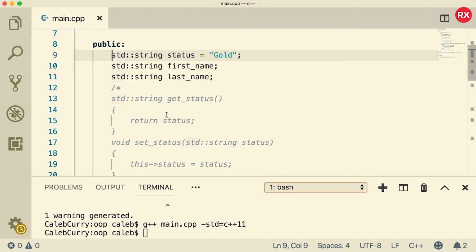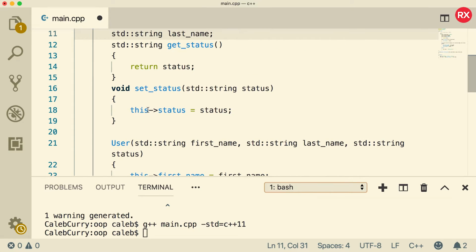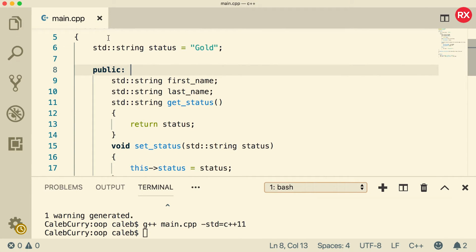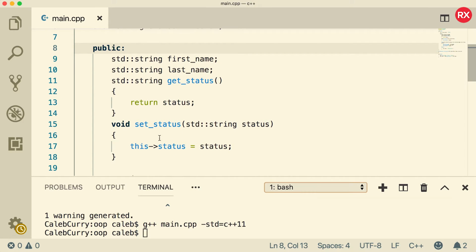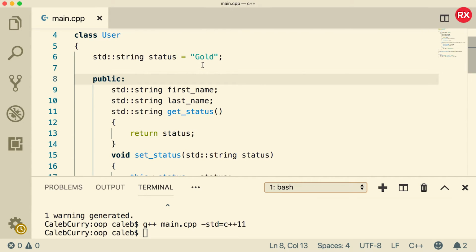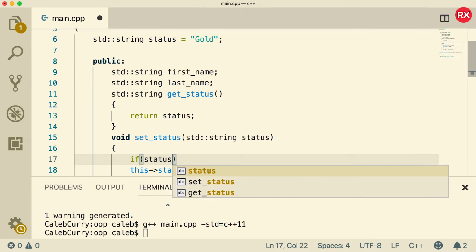But if we would like, we can change the functionality of these functions to make them a little bit more useful. So let's back it up, put this back as a private member, and now let's modify the functions just a little bit. Alright, so this is back as a private member, and what we can do is inside of the setStatus, we could make sure that we set it to either gold, silver, bronze, or maybe invalid or undetermined or something like that. So we can do an if statement in here and say if status is equal to